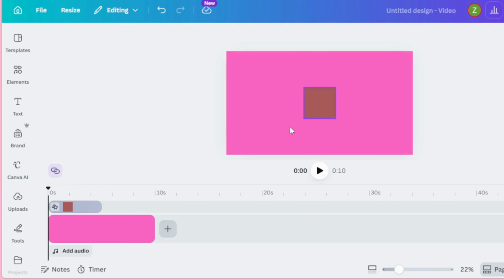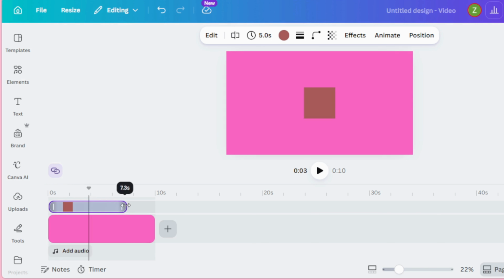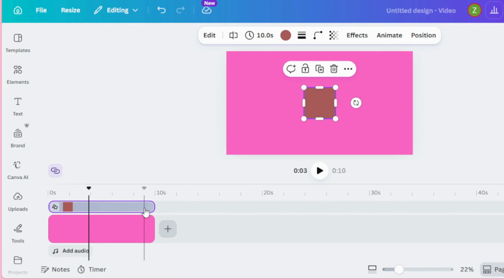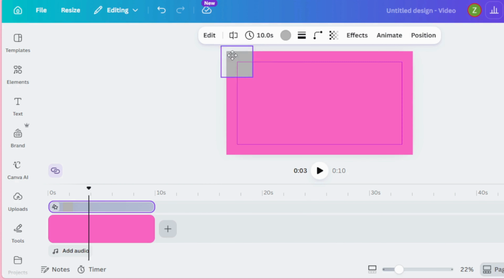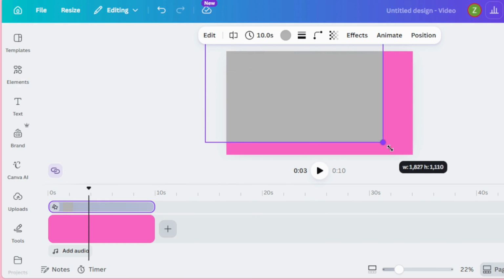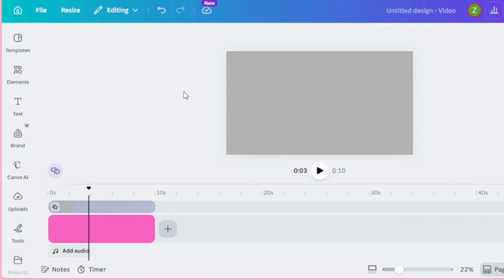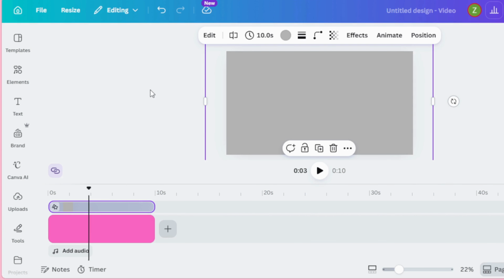We'll delete this one. We'll increase the rectangle's duration to 10 seconds, and we'll change the color to gray, because that will be the background of our loading bar. And we'll increase the rectangle all over the canvas. Now, it depends how you want to make the timer for your loading bar. You can do it with colors like green or something, but I prefer some fancy pictures to be more attractive